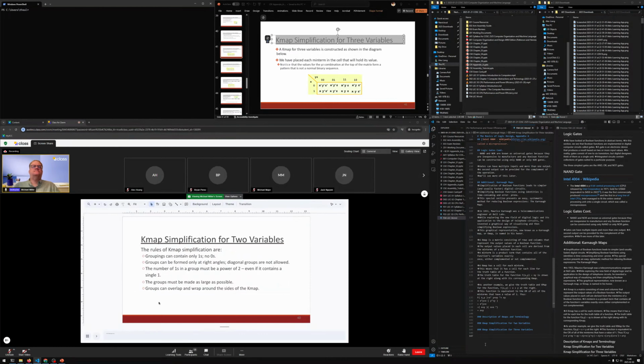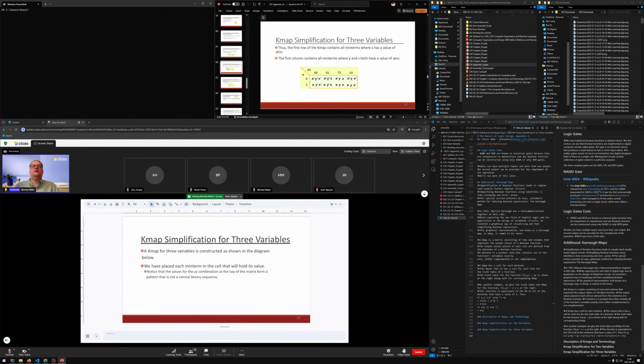and wrap around the sides of the K-map. And I'll show you we got an example of overlapping here, and I'll show you examples of wrapping probably Thursday or Wednesday. So we have just enough time to run through a 3 variable, which is what I'll show in the homework,